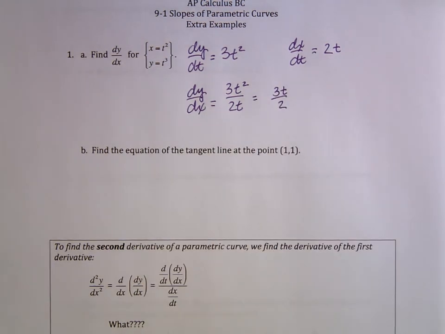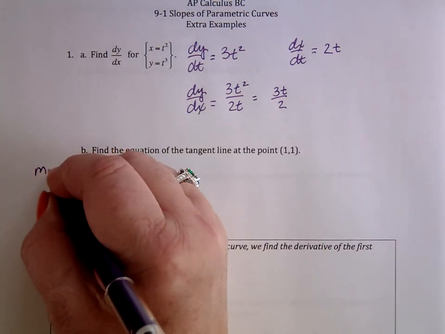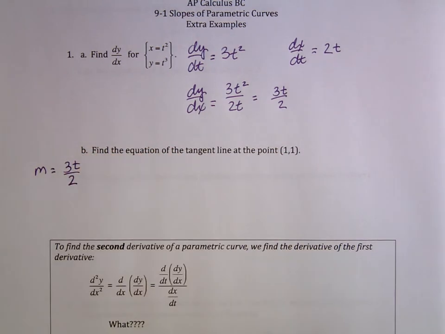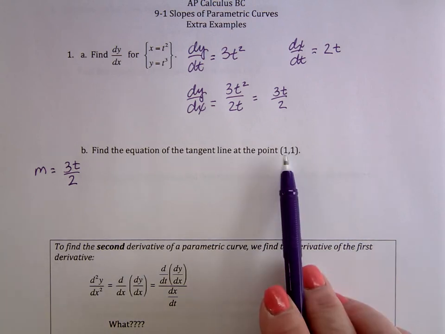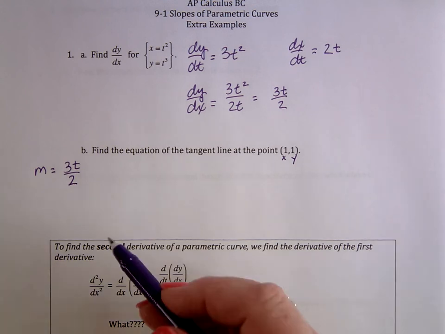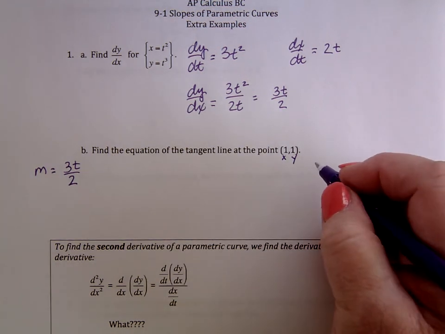Then I say, all right, that's cool, but now figure out what the equation is for the tangent line at the point (1, 1). Let's keep going with this. Dy over dx is the slope, and you need a slope at a point. My slope is 3t over 2, and we've got to figure out what the t value is. All I know is that x equals 1 and y equals 1, and I don't know what t is to figure out the slope. So if I go back to the equations they give me originally, x equals t squared,